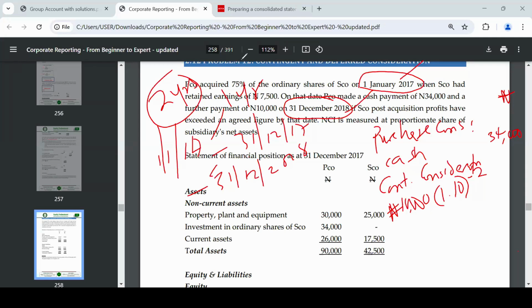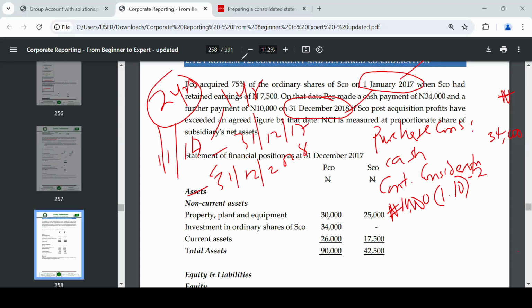If you don't have your calculator, take 1 divided by 1.10. What you get is the discount factor for the first year. Then to get the second year, you divide again by 1.1. What do I get? I get